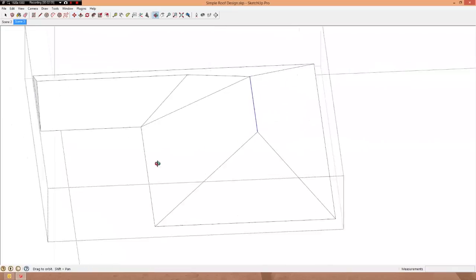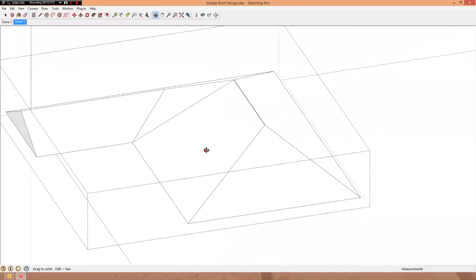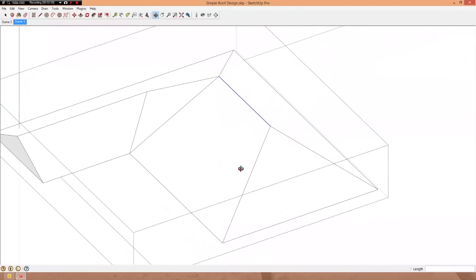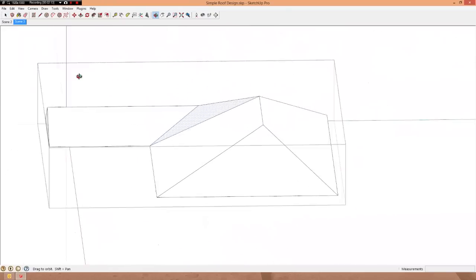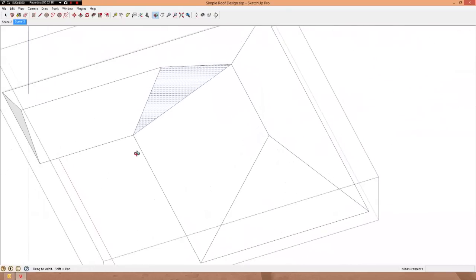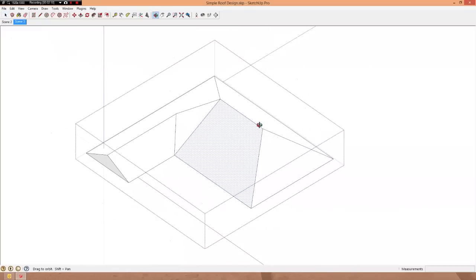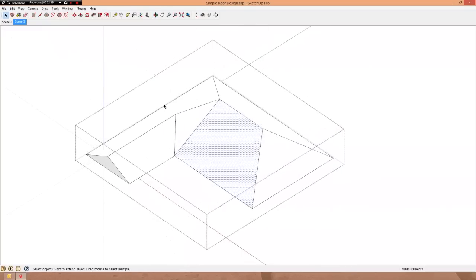So in doing that drag, we've warped the shape that we had, and Sketchup decided that we needed a new face in here, this right here. And this is a face that we actually don't want. We want this face to extend over that way, and we want this face to extend over that way, and to create a new intersection. So to do that,